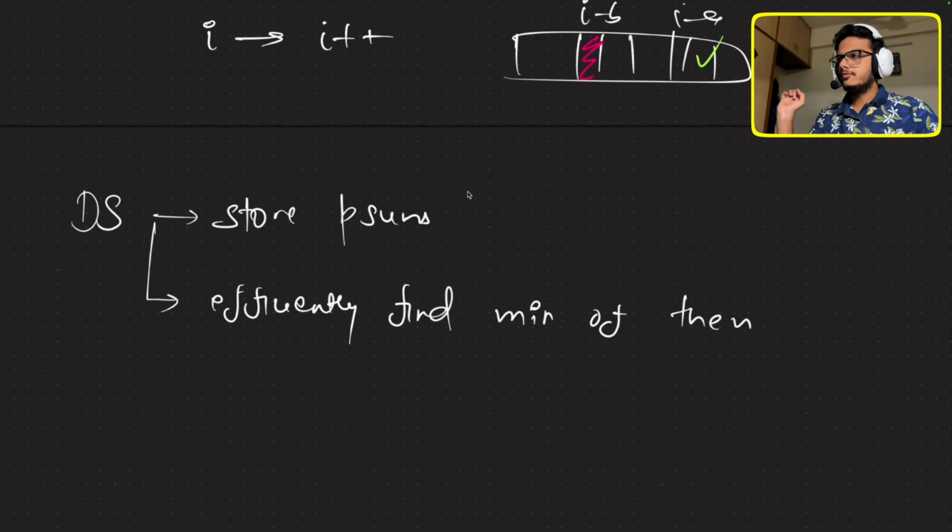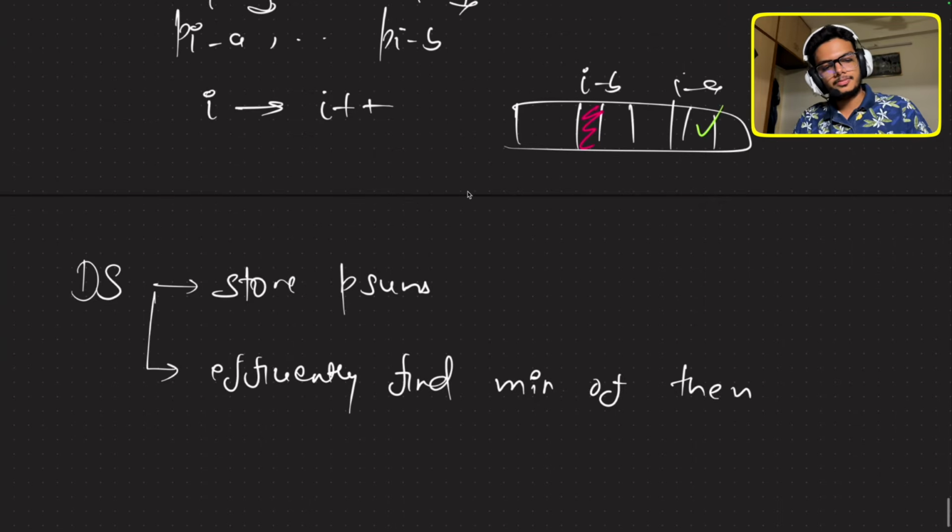So storing is one thing. We want to store these prefix sums, and we also want to efficiently find the minimum of them. So which data structure comes to your mind? If you want to efficiently find the minimum of them, if you can store them in some sorted fashion, then it would be great, right? And we want the insertion of prefix sums